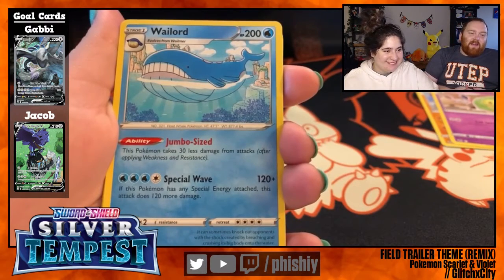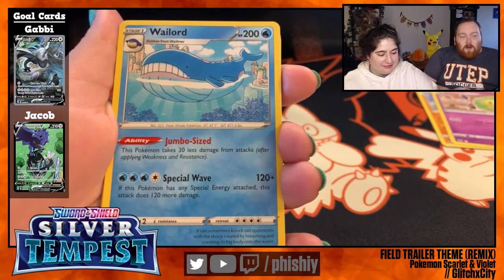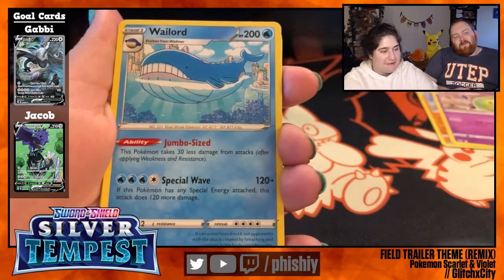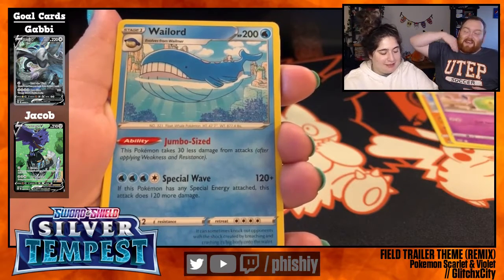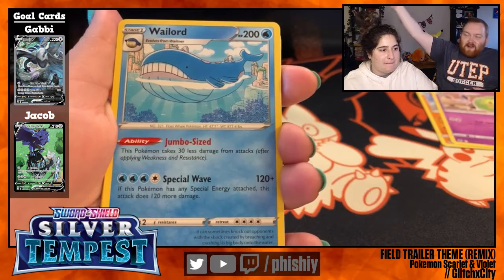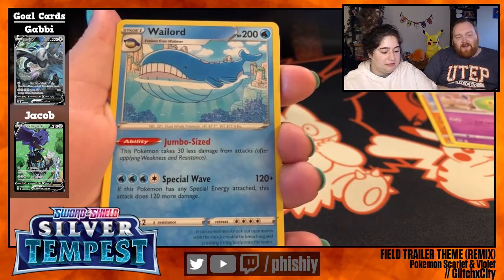Look at that ability. Takes 30 less damage from attacks of your opponent's Pokemon. And Special Wave. Yeah, 200 HP on a Stage 1. That's massive. Plus he takes 30 less damage, so it takes 230 damage or more to knock him out. And the Special Wave attack is 120, and if you have any special energy attached, like the